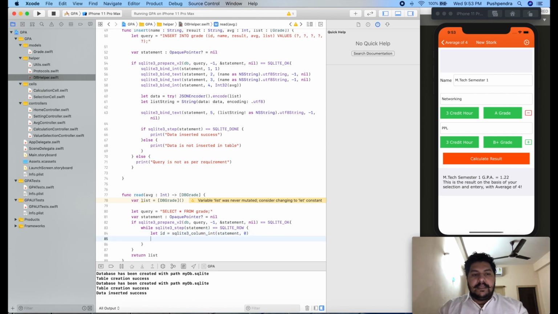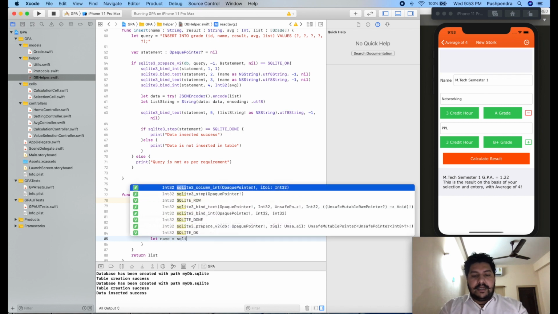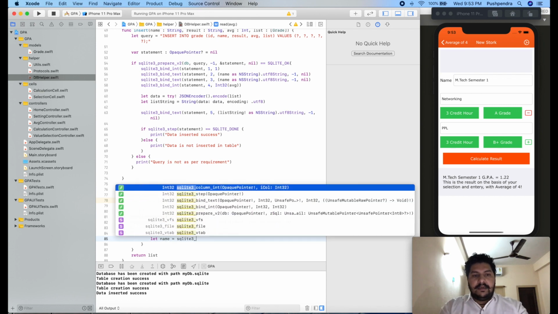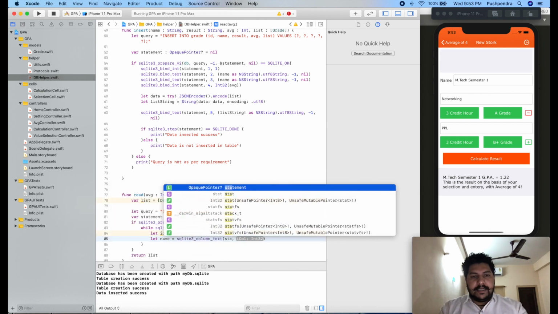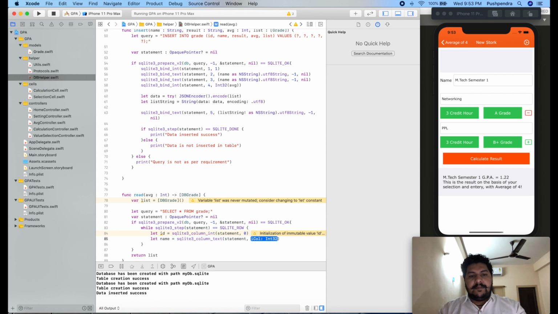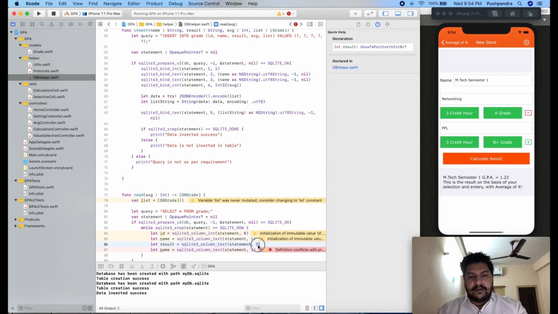Same way, let name equals sqlite3 column statement, here we will pass column number 1, and this will be result. Column 2, this will be avj, and here I'll pass this one because avj is an integer.